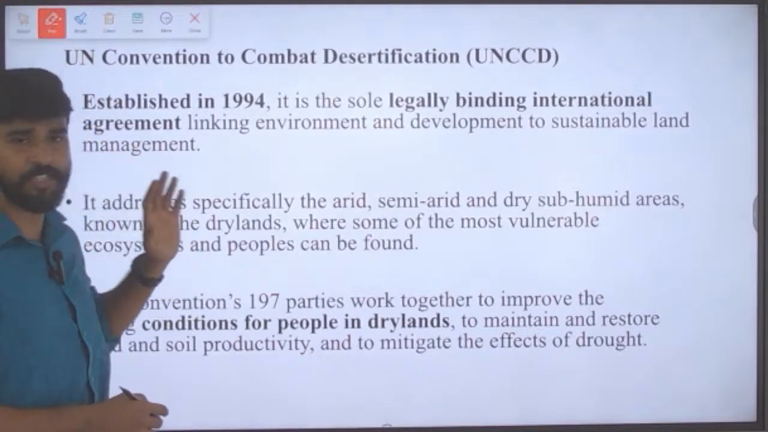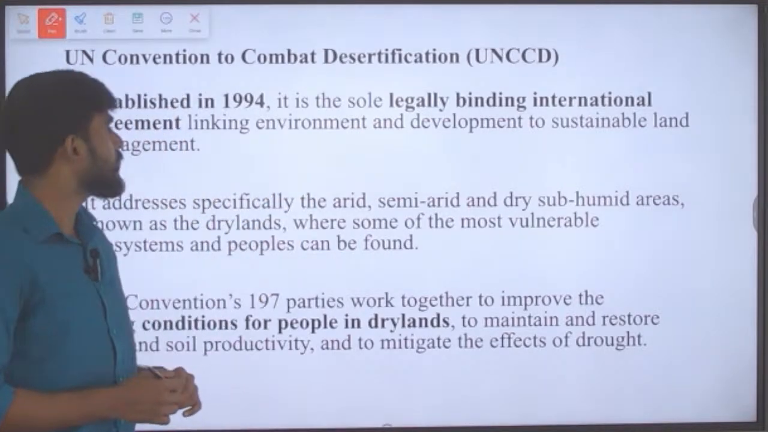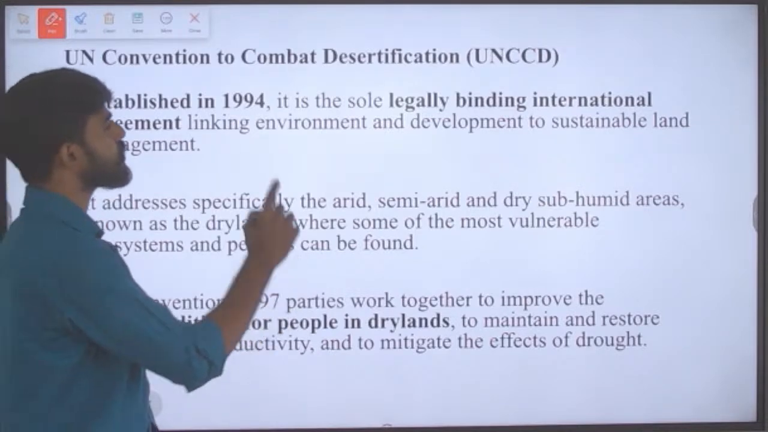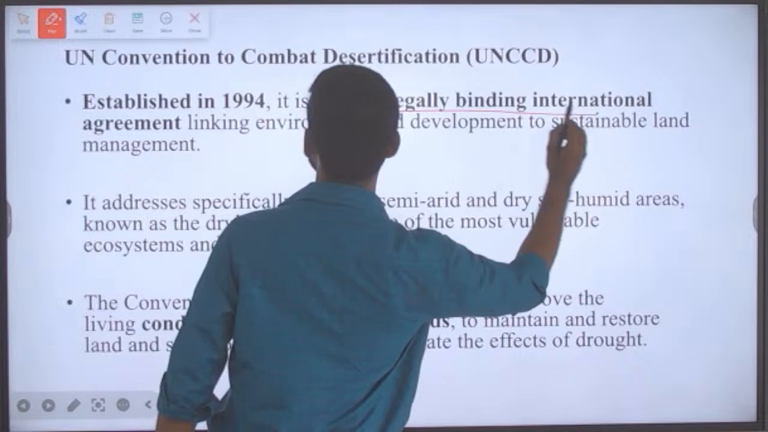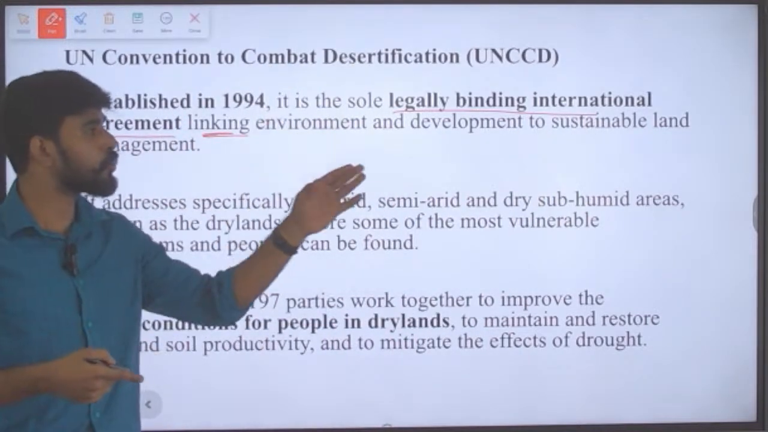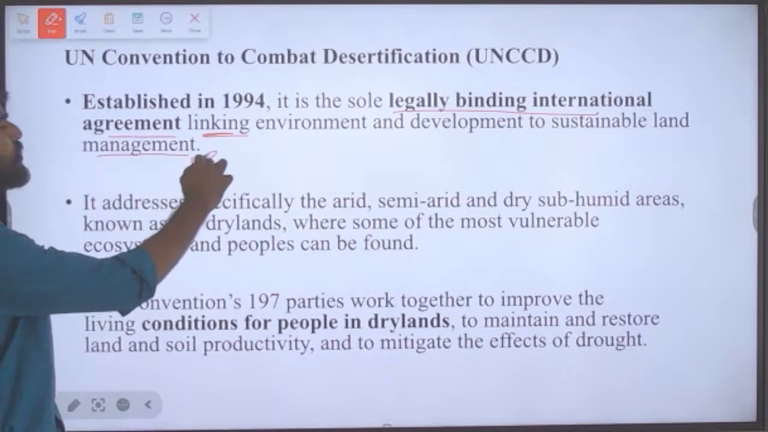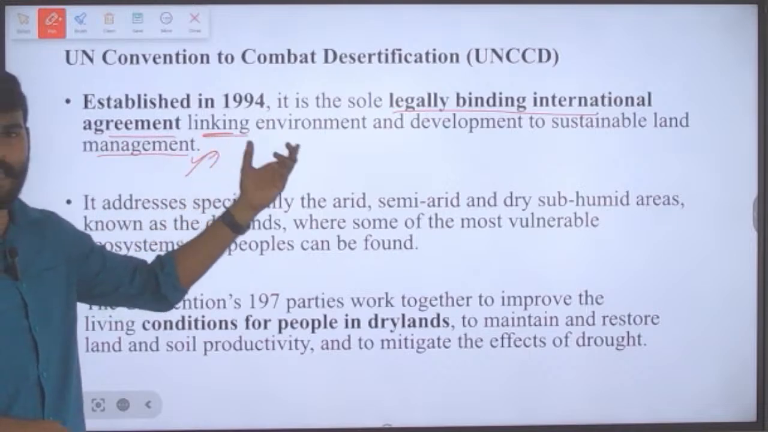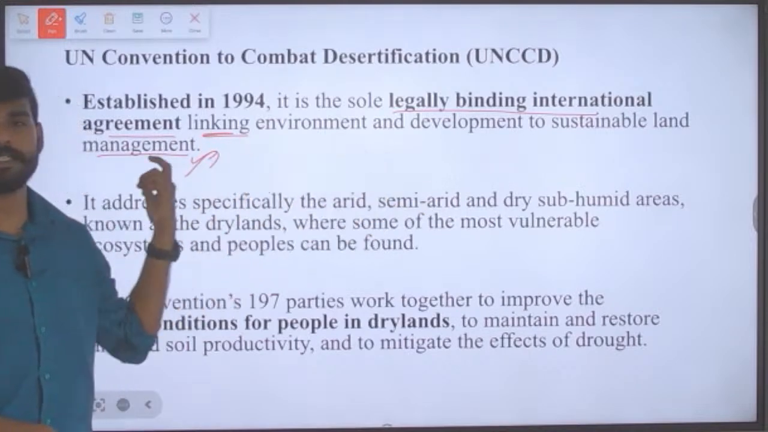Next is about the convention. This convention was established in the year 1994, and it is the sole legally binding international agreement linking environment and development to sustainable land management. This is very important. So this is the only legally binding agreement which is linking environment and development to sustainable